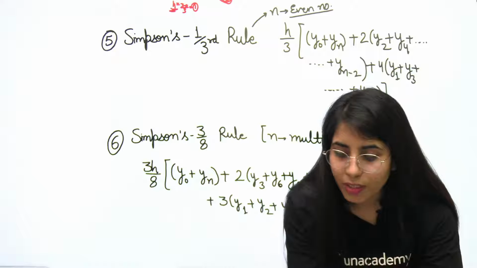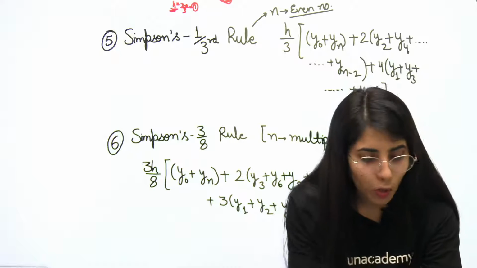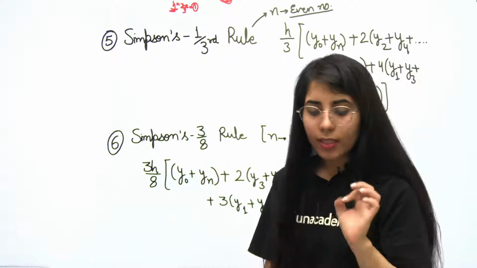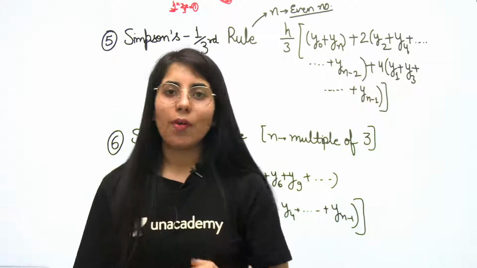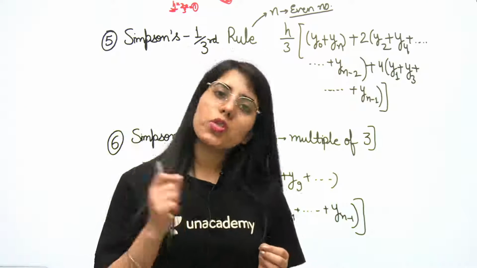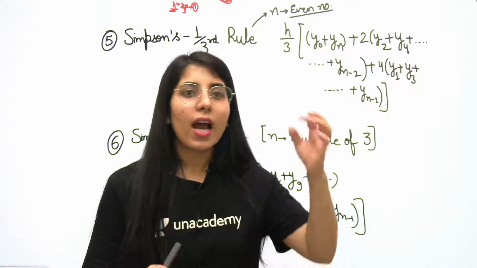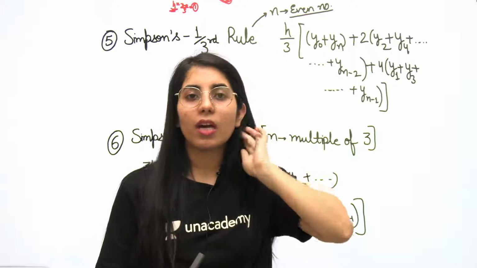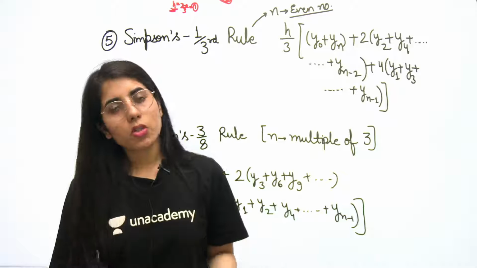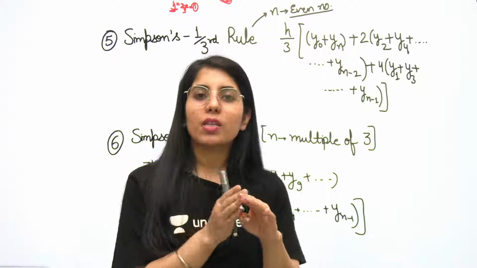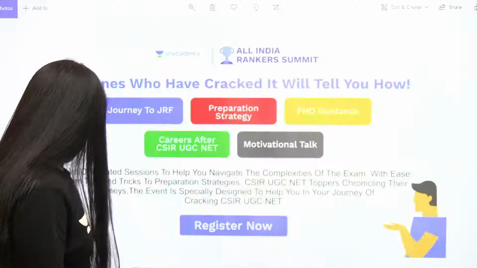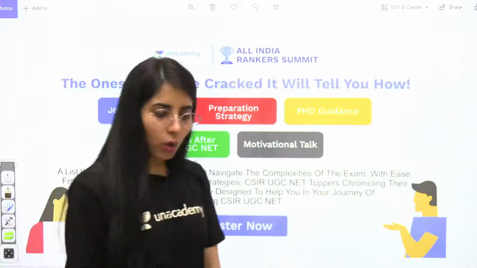Arpita, most of the time they are going to provide one of these things to us in the question, either the step size or the number of steps. Otherwise, if they ask for it, you can get help from the options. If they are asking for one of these things and nothing else has been given, then in that case you can take the idea from the options and start taking the options one by one. This is how you can consider it. Clear? So guys, I hope everything is clear.